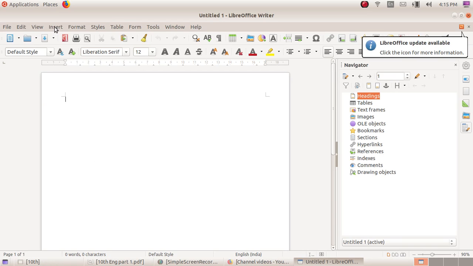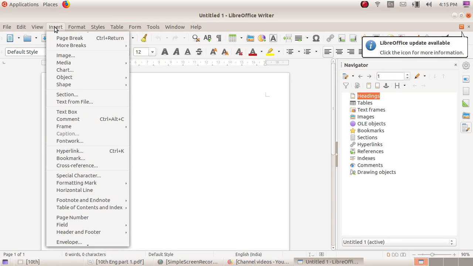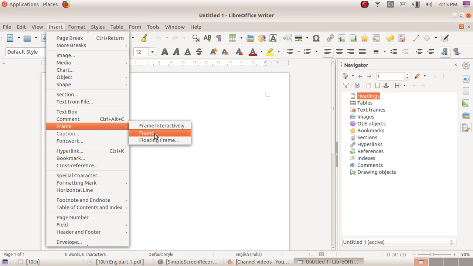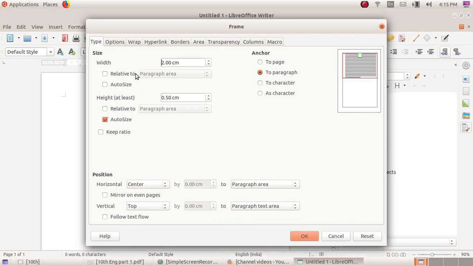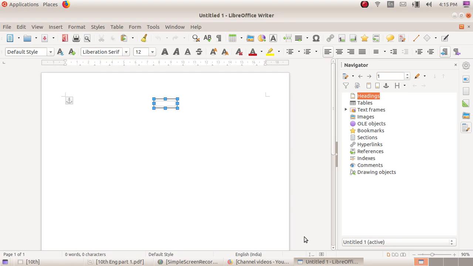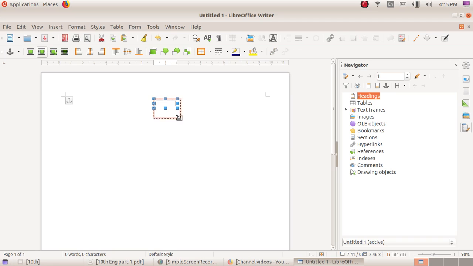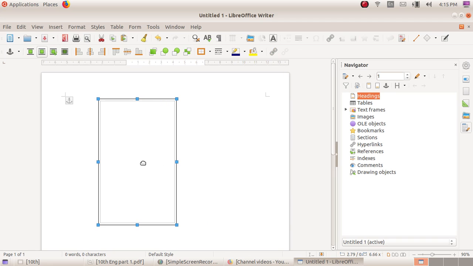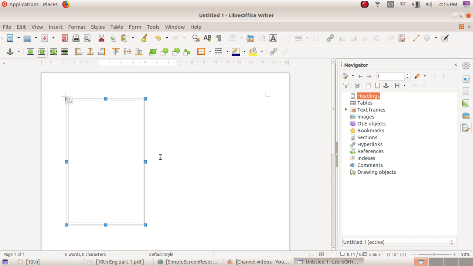Go to the Insert menu and click on Frame. You can specify the width and height here, or just click OK and resize the frame. You can position it anywhere in the page.